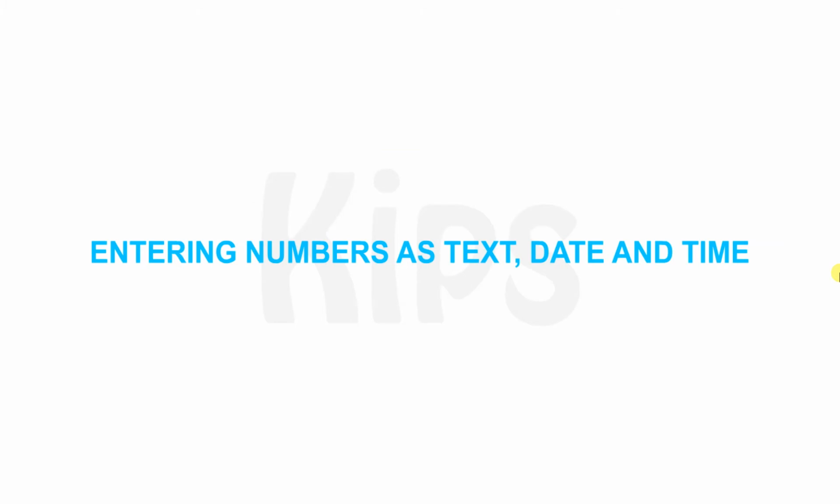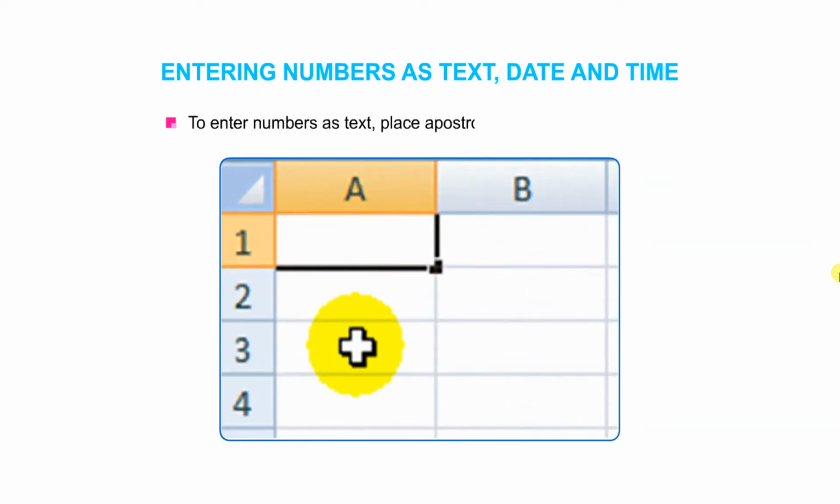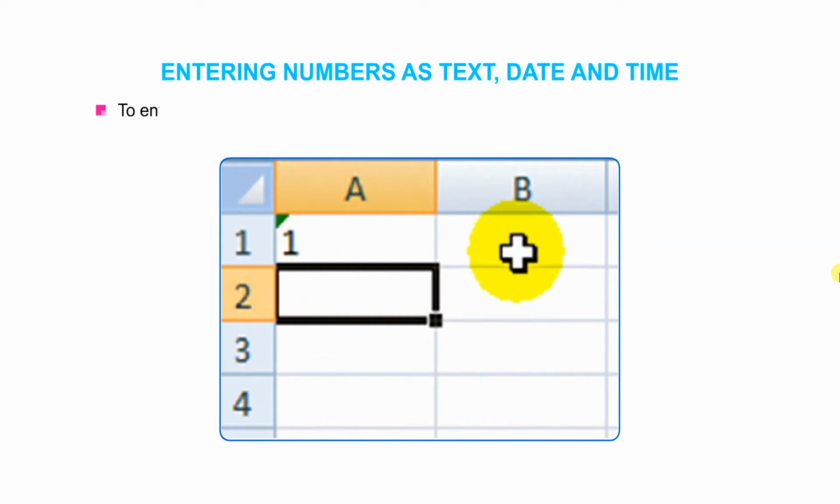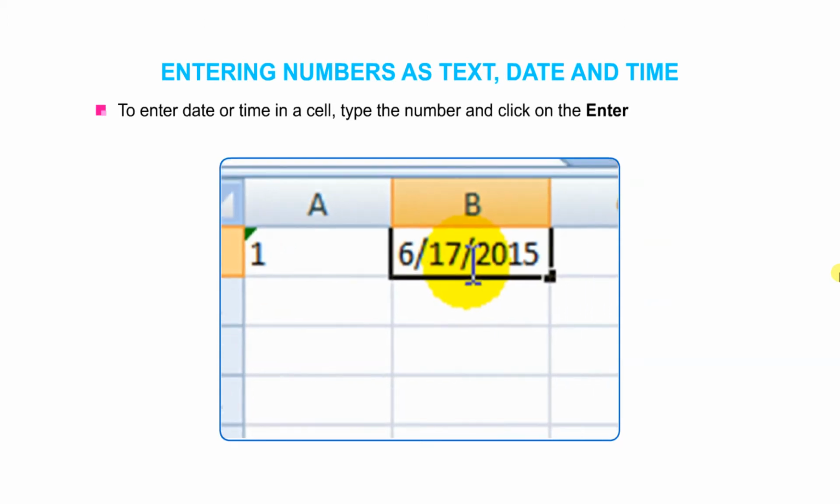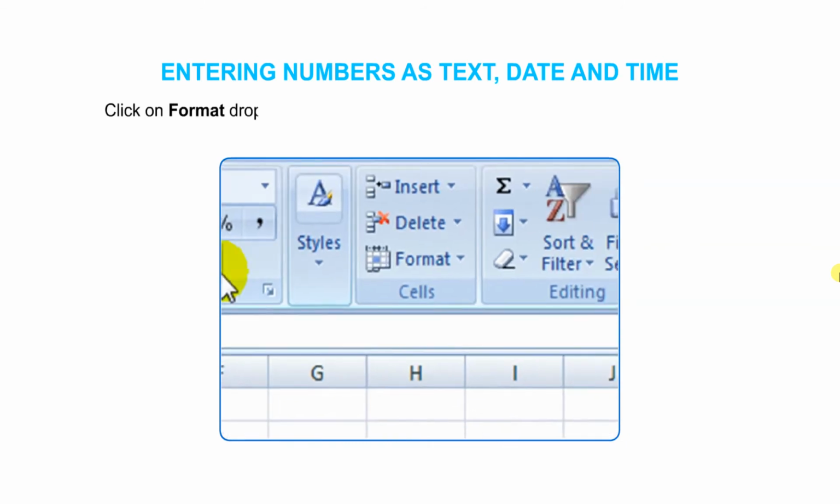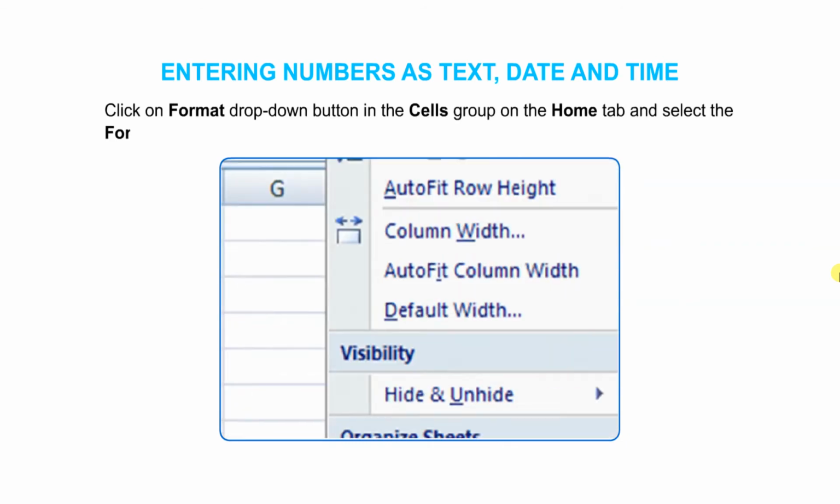Now let's learn how to enter numbers as text, date and time. To enter numbers as text, place an apostrophe before the number. The digit will be treated as text. To enter a date or time in a cell, type the number and click on the Enter button next to the formula bar. Click on the Format drop-down button in the Cells group on the Home tab and select the Format Cells